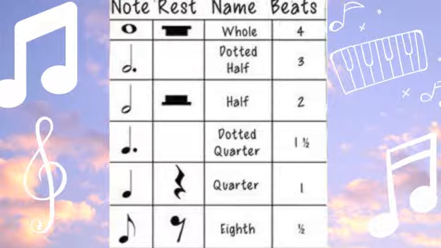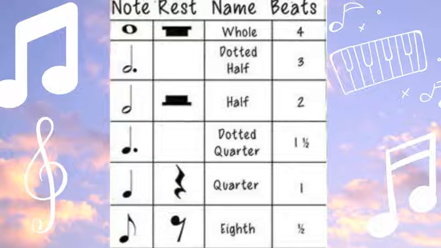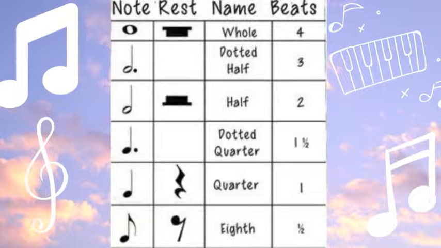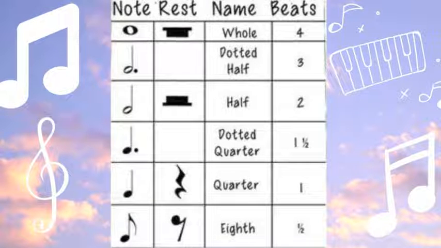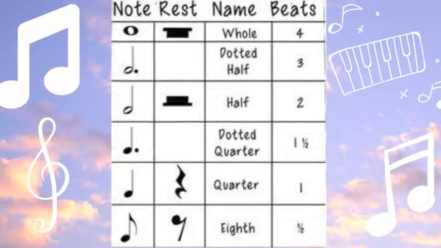Okay, my friends, we've got all of our note values here, starting at the very top with that big circle, the goose egg. That's our whole note, gets 4 beats. If you want 4 beats of silence, then you need a whole rest. It's that symbol that kind of looks like a graduation cap.